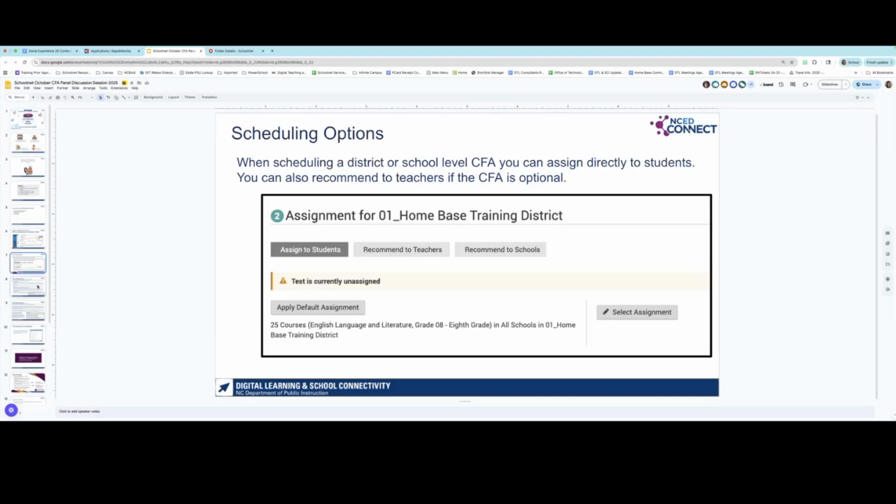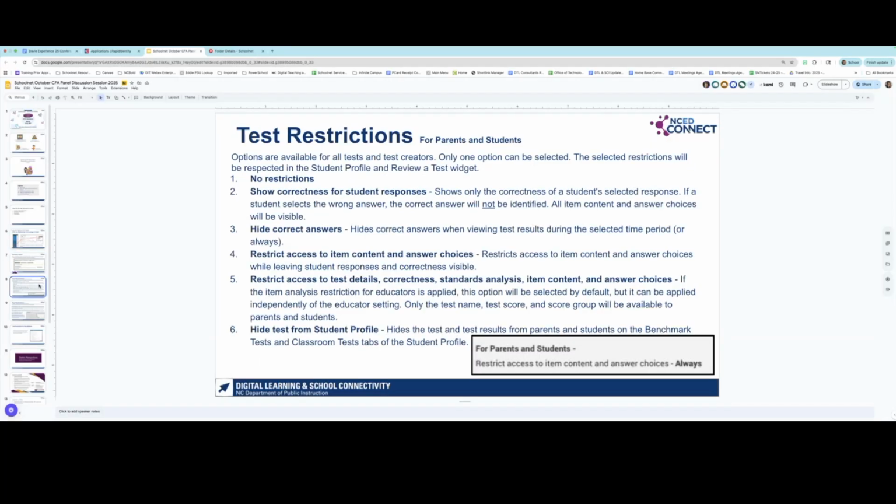A few more things to keep in mind before our districts share. With CFAs, you can, of course, apply test restrictions for students like you do on all of the other test categories. We do have this slide in here to give you a detailed description of what each one of these means.